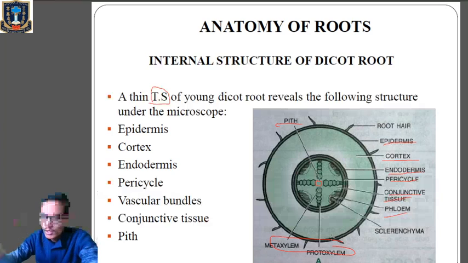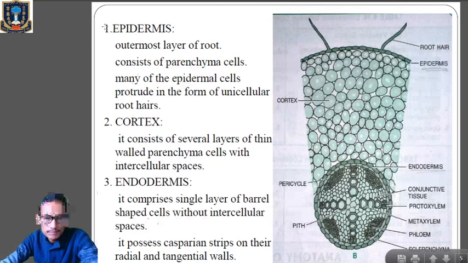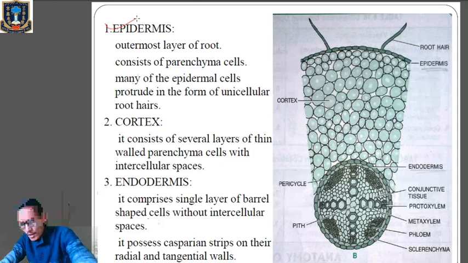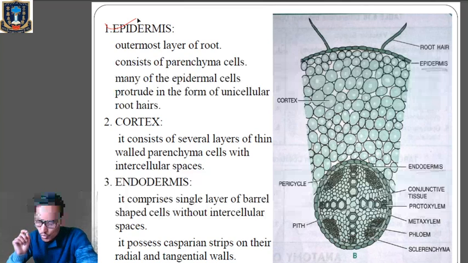Okay, so first of all we will learn about the epidermis, which is also called epiblema or piliferous layer. So the epidermis is the outermost layer of the root. Can you see this layer? This is the outermost layer of the root. So this outermost layer of the root is called